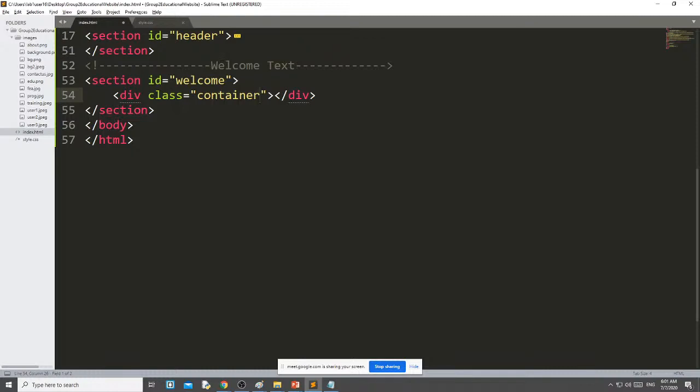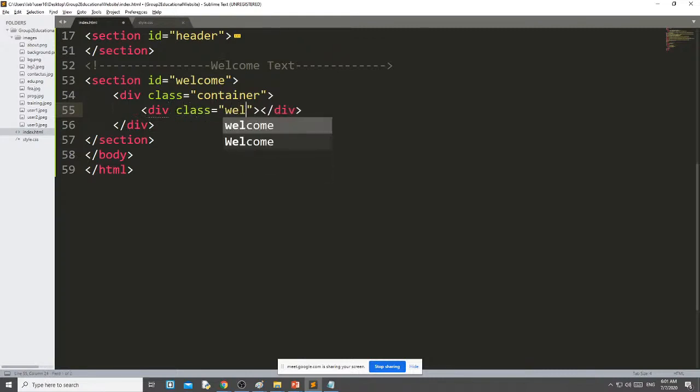By using container, your website automatically becomes responsive and your container will provide you the predefined margin by default. Inside the container I don't want to keep any rows and columns. That's why directly I can use div, and here for div I am using a class welcome.